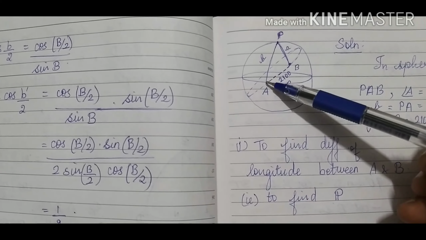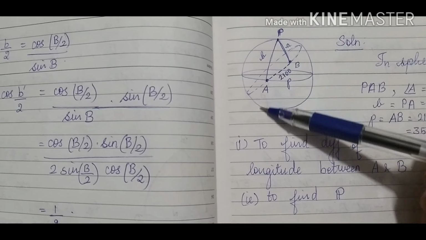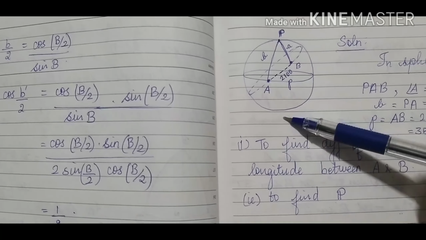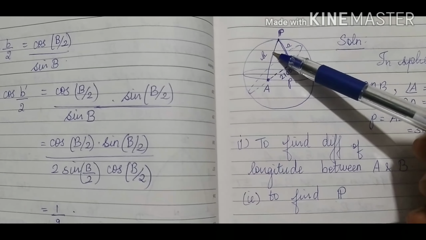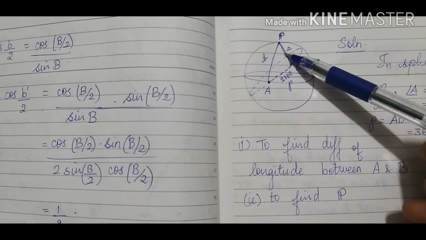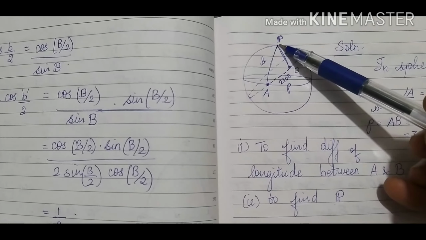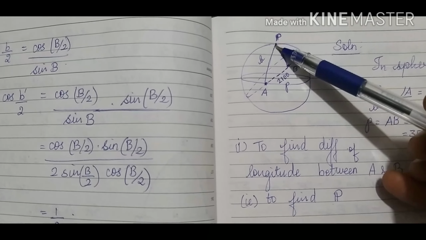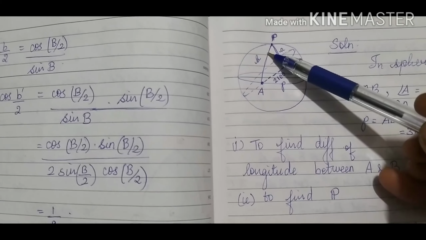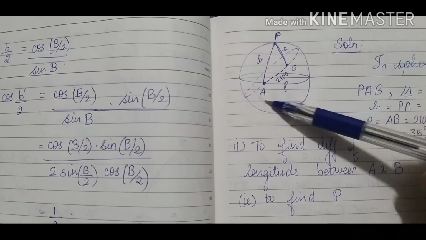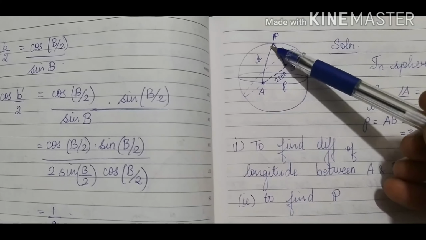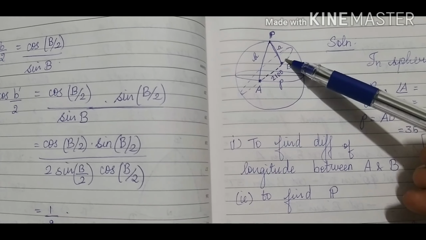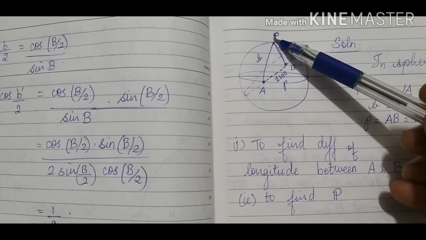Corresponding to point A, through this point we will have one longitude, and corresponding to this point B, through this point we'll have another longitude. We are asked to find the difference in longitude between these 2 points. So I've taken this point, this pole P. We have to calculate this angle in order to find the difference of longitude between these 2 points. Okay, so I'm joining this point P with A, and A and B are joined, and similarly this point B is joined with P.